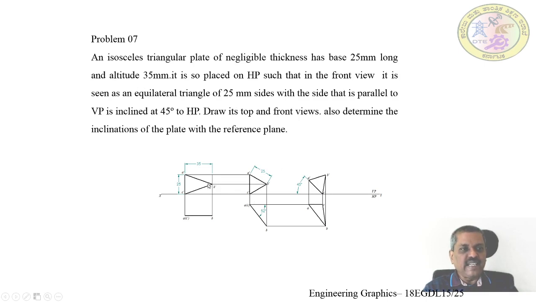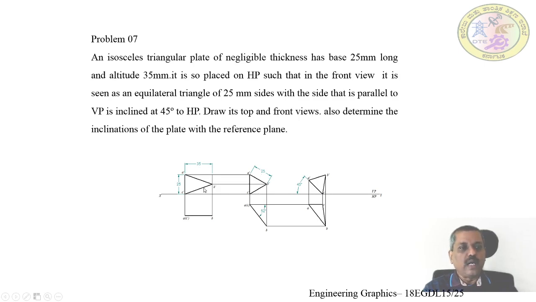What is remaining the same is A dash C dash, because that is the edge on which it is resting. So simply consider this A dash C dash as it is, and then you know that this is going to be 25 mm, and you take that 25 mm and draw two arcs where it is going to be B dash, and join the rest of the edges, that is A dash B dash and C dash B dash, and make it as the front view. This is the second position view.